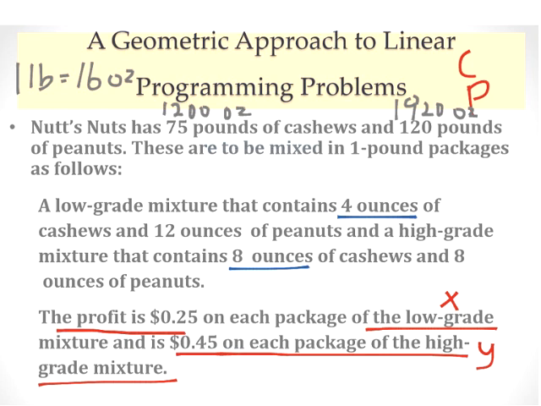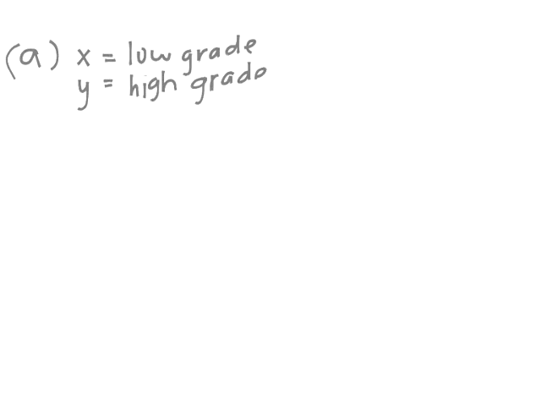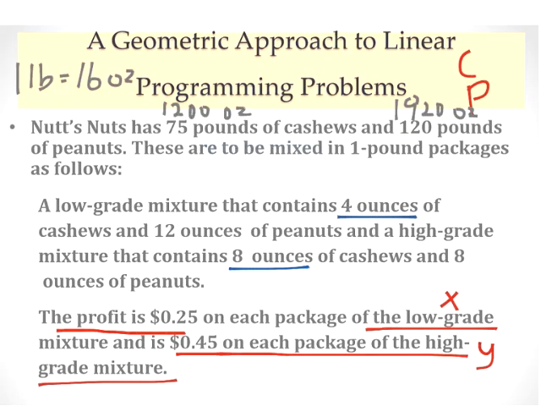So now we can come up with our first limitation, which is 4 ounces of cashews in low grade and 8 ounces of cashews in high grade, and the available cashews is only